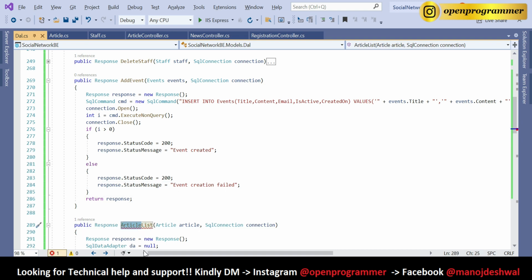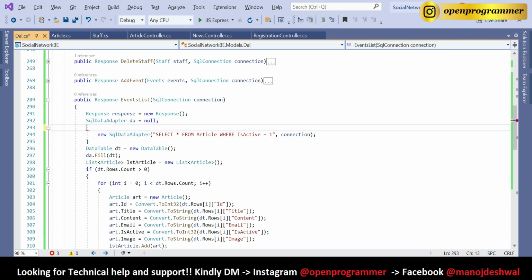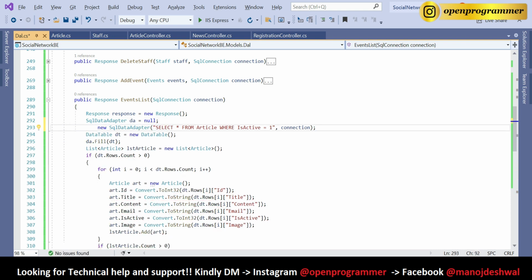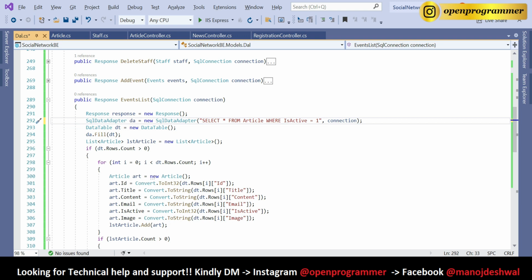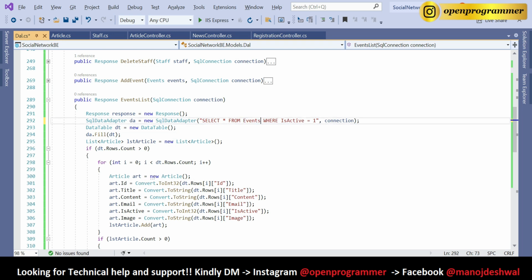And now create an event list method. For that we don't need any article, and we will create a get API for this. So let's delete this. We don't need any condition for this. So select star from events where is active 1. All right. And we need to change the class as events,